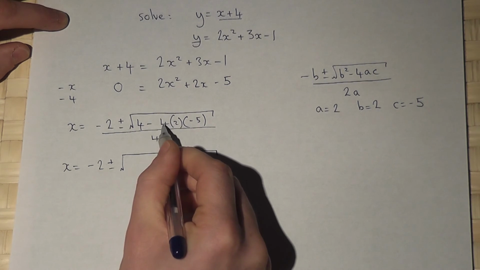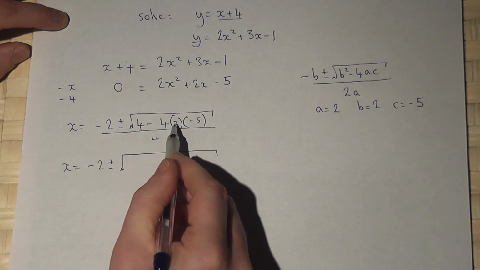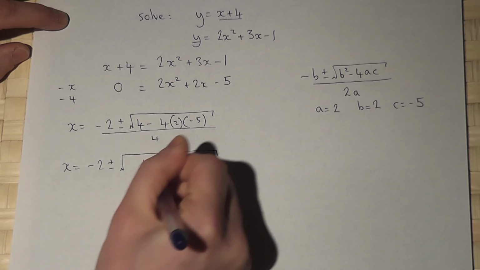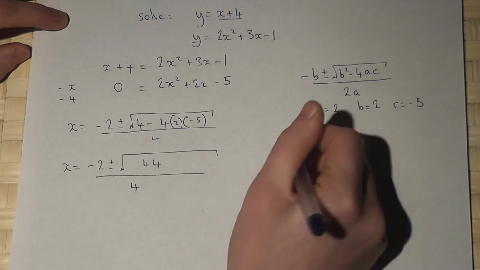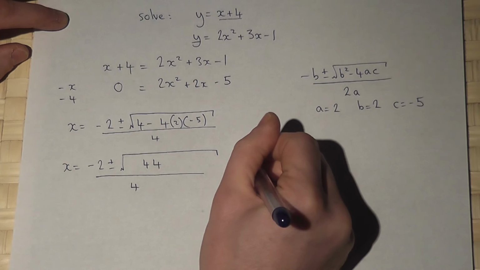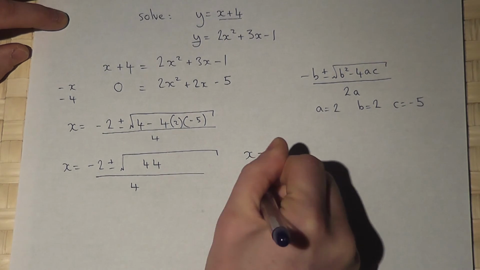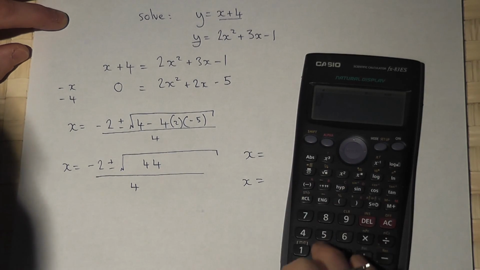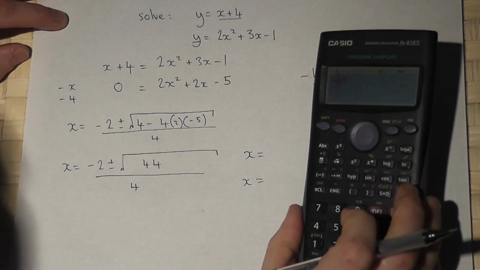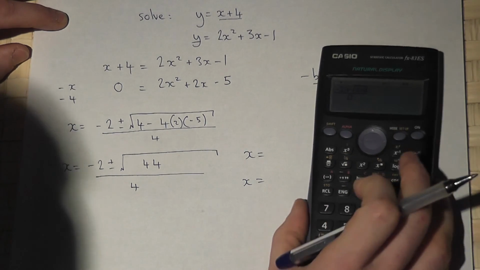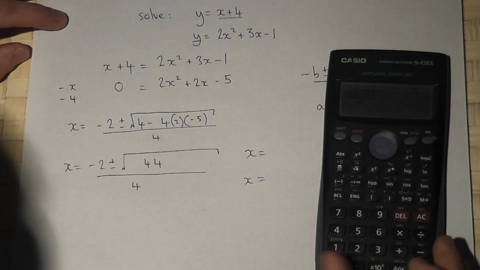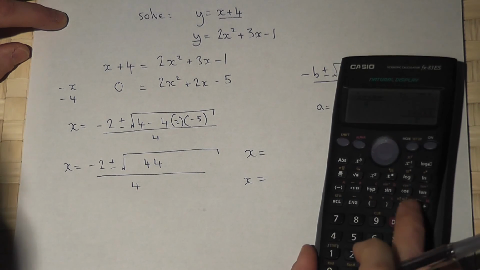Right then, I'll now work out the square root part. Now we're taking away 4 times 2 times minus 5. 4 times 2 is 8, times 5 is 40. There are 2 minus signs there, so it's 4 plus 40, which is 44, all over 4. So I can now work out two values for x using my calculator. So, fraction button, minus 2, I'll do the plus 1 first, plus root of 44, and then divide by 4. So minus 2 plus root 44 over 4 gives me the answer of